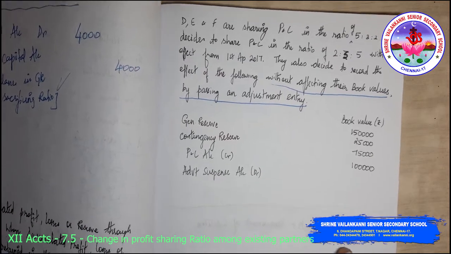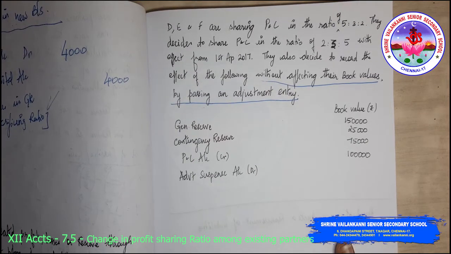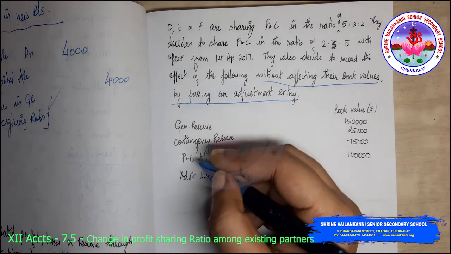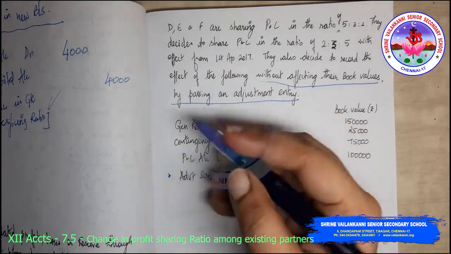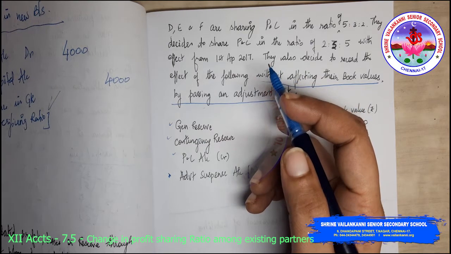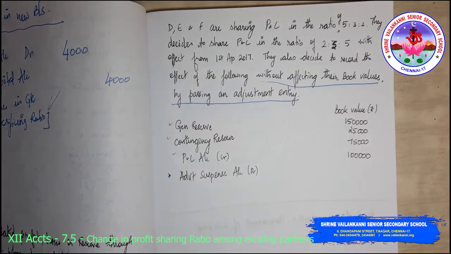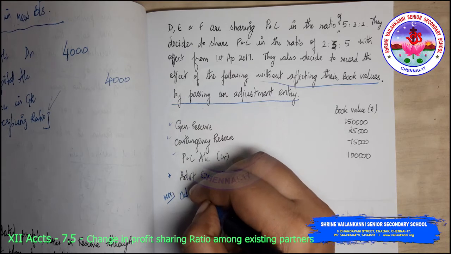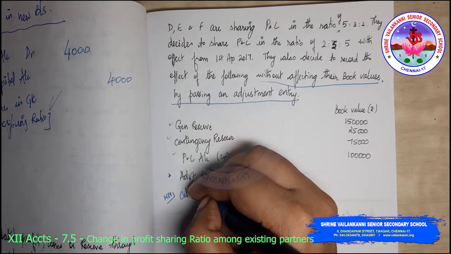Okay, so general reserve is 1,50,000, contingency reserve 25,000, profit and loss account credit 75,000, advertisement suspense account debit 1 lakh. So how are we going to go ahead with this particular question? You should understand this is an asset. All these other things will be shown on the liability side. So now what we are supposed to do is, first we need to calculate working note 1, calculation of sacrifice